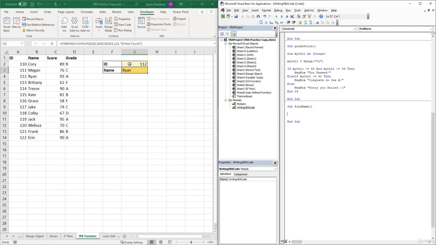So the first thing that we need to do is declare our variable. So we can type in dim. I'm going to name the variable fName, and we can either declare it as a string or a variant, because the value that we are trying to return is the name within the name column. So either variable type will work. Now we need to make our variable equal something. So we can type in fName